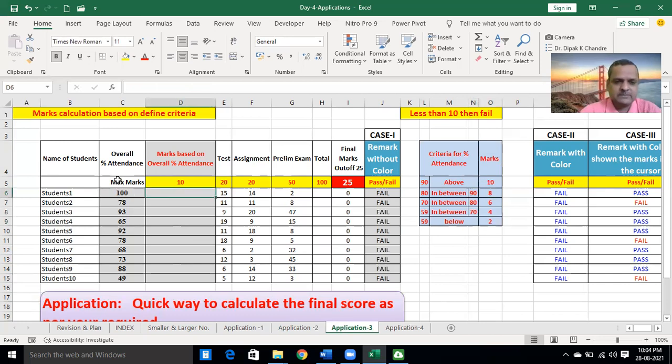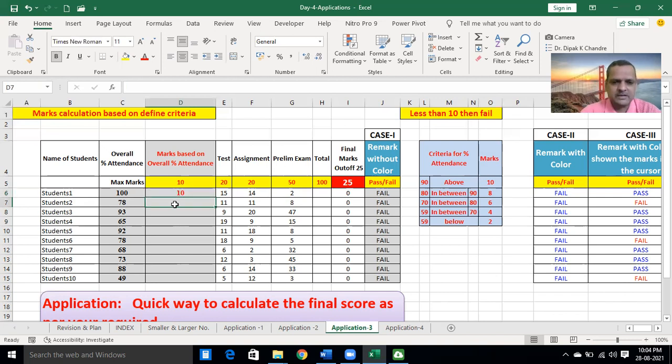Then, if the attendance is 100%, what will be the attendance marks for the student based on the attendance criteria? 10. Okay.